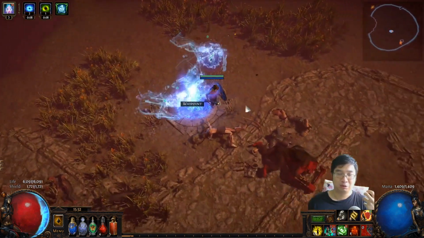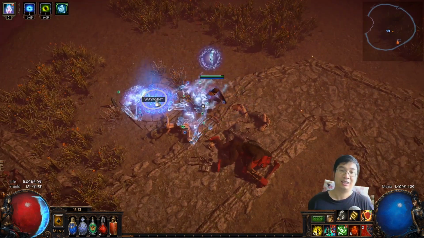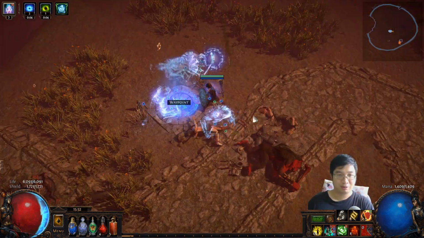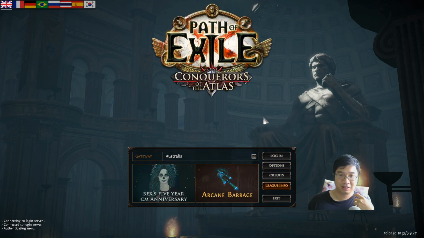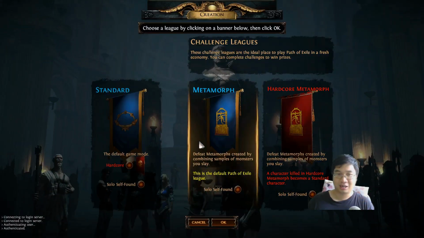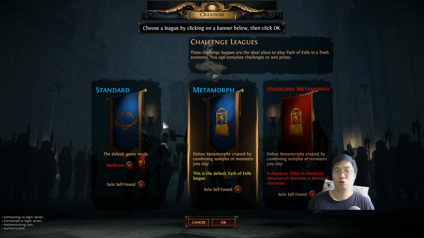Similar to Diablo, you start the game by selecting a class. So we can get into that. Let's have a look at the classes we can select. Let's go to the login screen. Now we log in. When you go to create a character, you're presented with